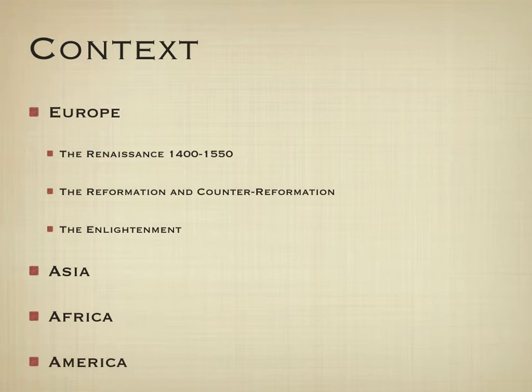Then we move on to what's called the Reformation and then the Counter-Reformation. The Protestant Reformation begins in about 1517, and this began with the posting of Martin Luther's 95 Theses. What happens here is it's reflecting the culture of the time, this eroding faith in both the Catholic Church and the role of the Pope. And we'll talk about this again in more detail. The Counter-Reformation was actually the church's response, trying to get people back into the church.